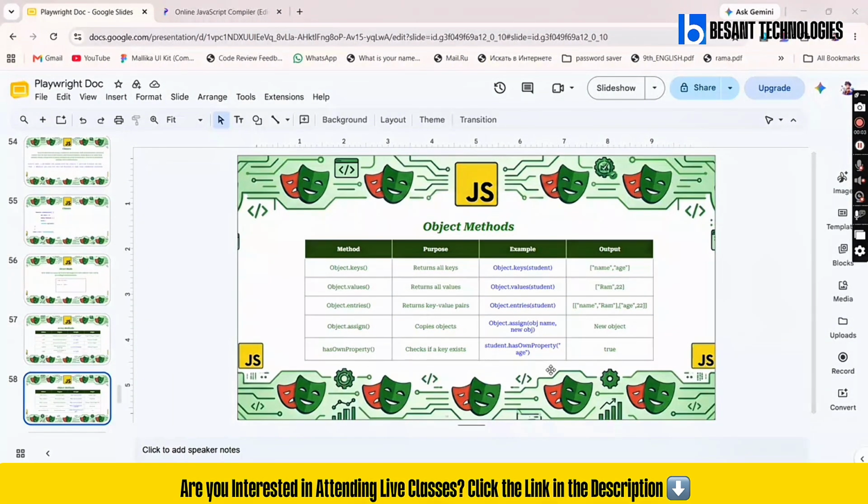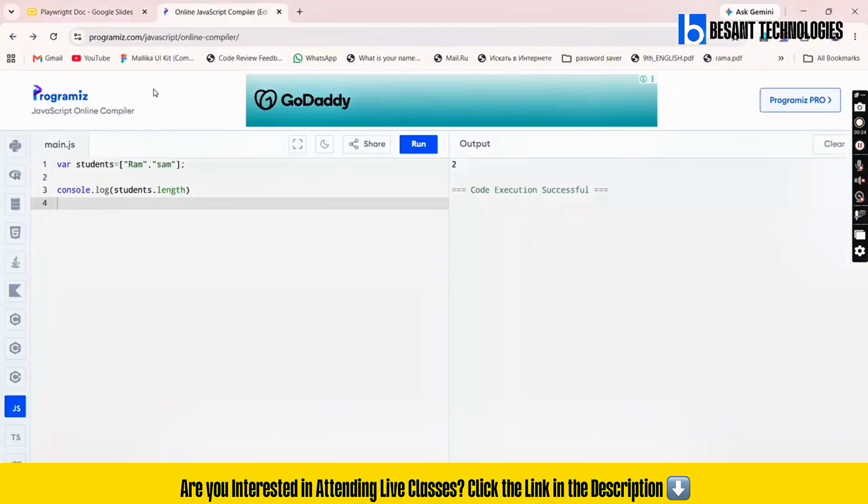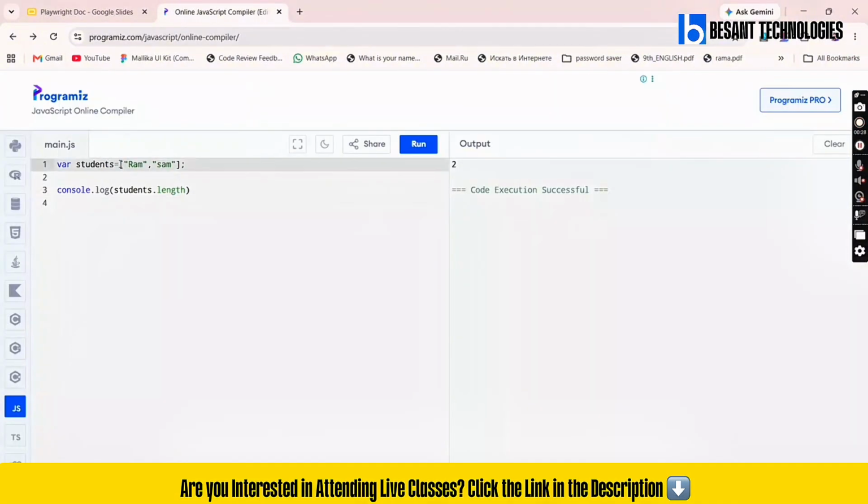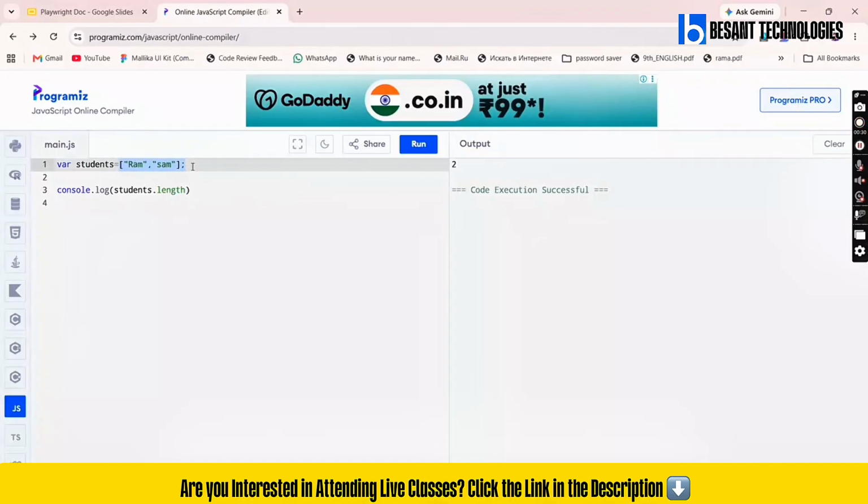What are the objects and what are the methods of objects available? As I already told you, we have 3 non-primitive data types: function, array and objects. Already we have checked what the functions are and what the arrays and array methods are. Now we are going to check what the objects and object methods are. Basically an object is the one which has key value pairs in it. So first let me showcase what an object means. Here I'm going to have the same example. In an array I can declare values one by one, right? In the object you can have it in the way where,